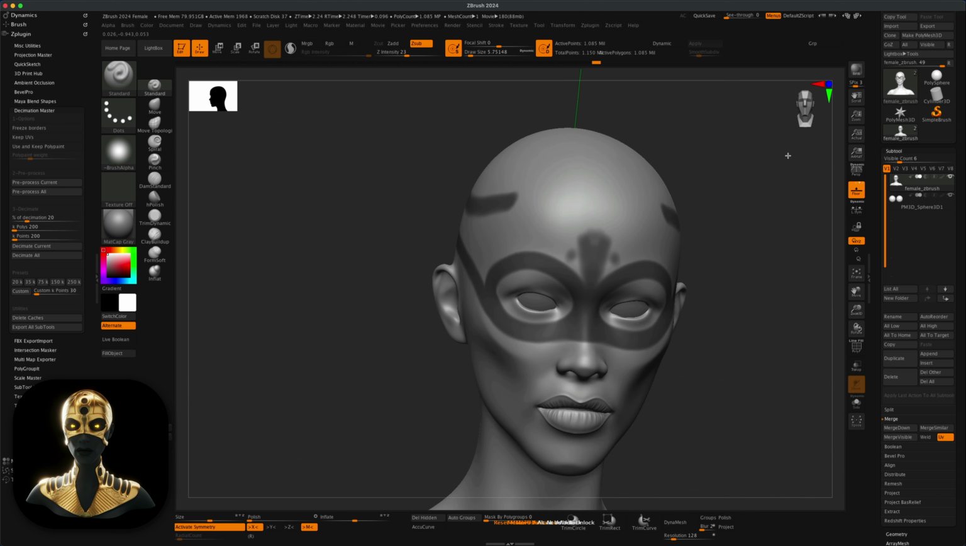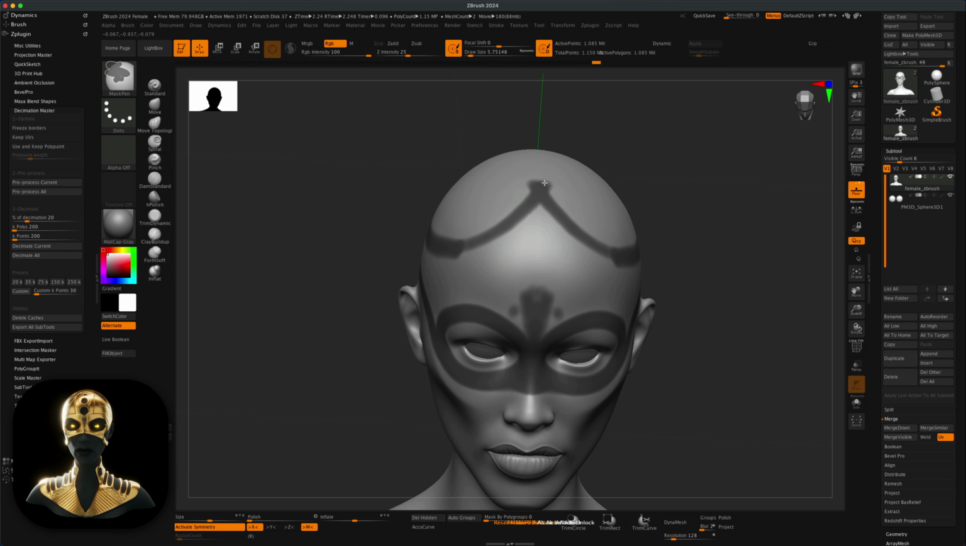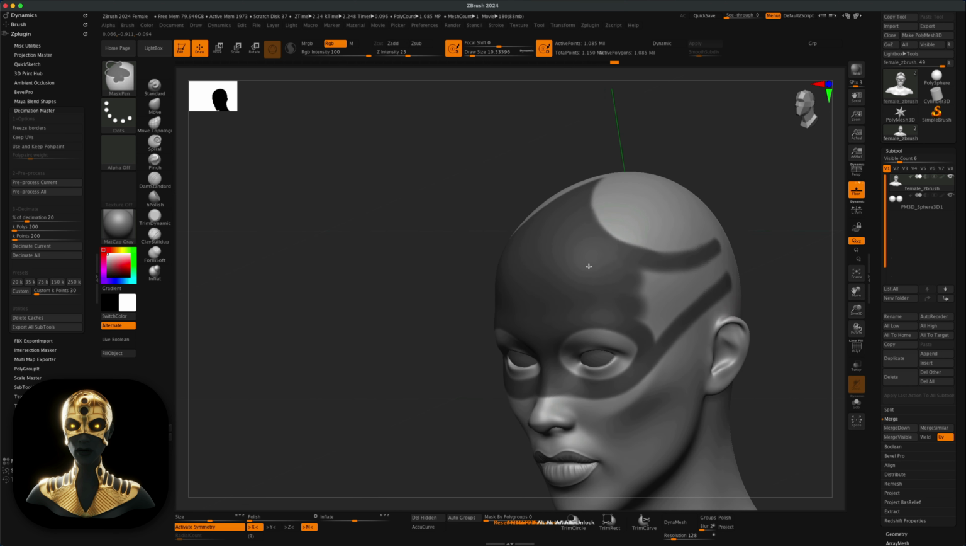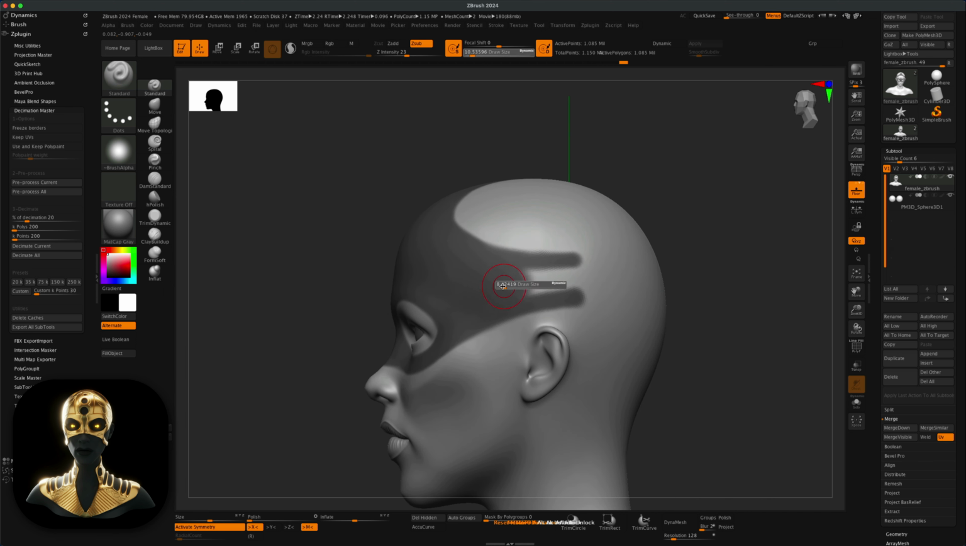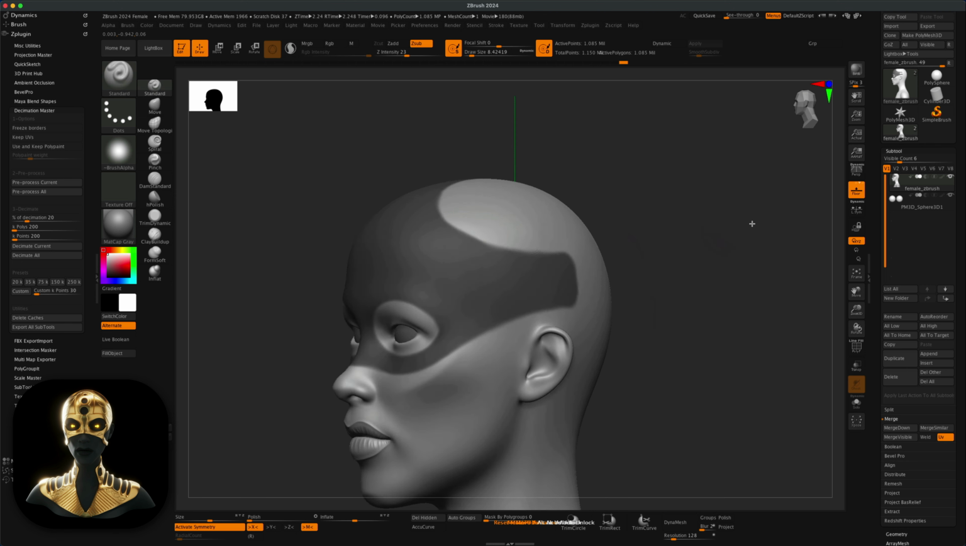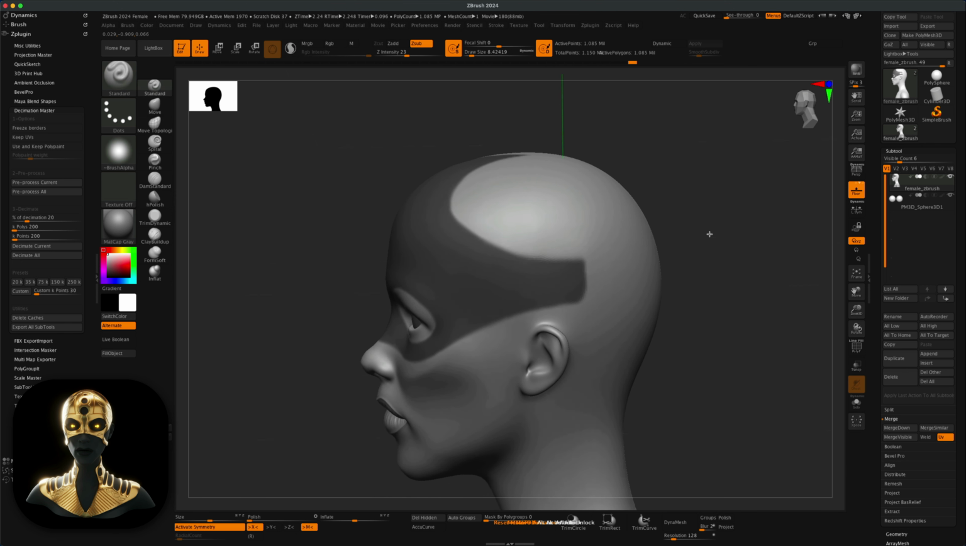And here you see me just making more designs, literally randomly playing around and drawing something that could be, you know, kind of interesting. And again, just using a basic Standard brush and holding down the Control key will allow you to mask out specific